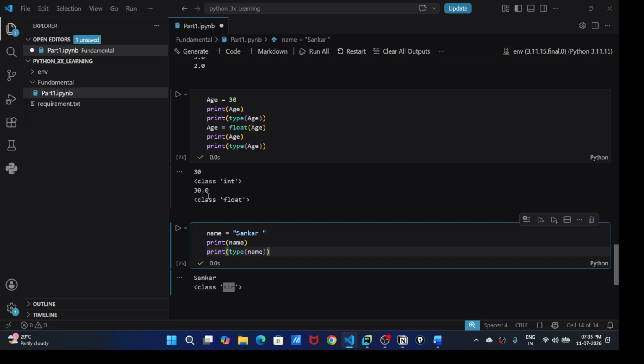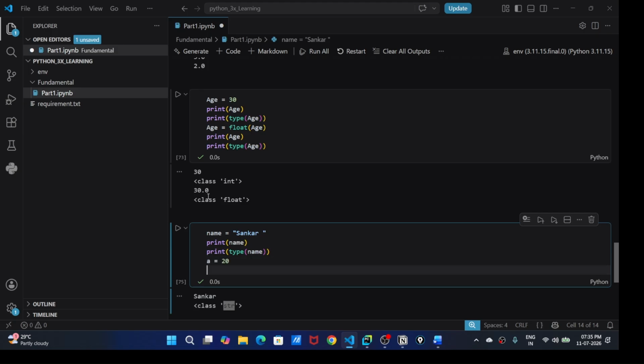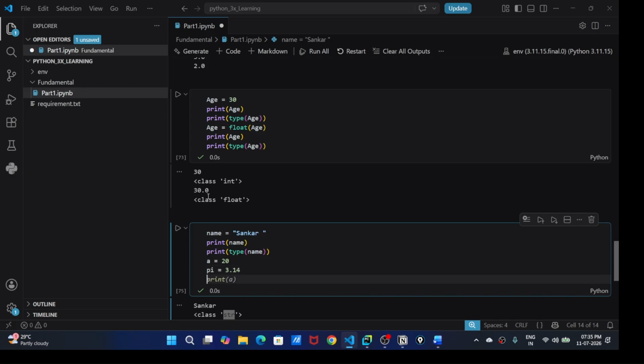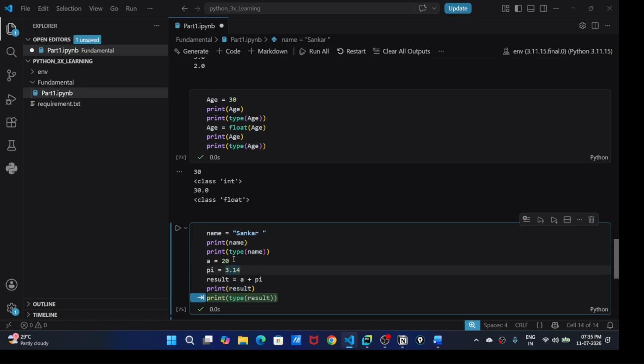What is implicit conversion? Suppose I take a variable a, and it contains 20, and pi. What is the pi value? 3.24. Now result equals a plus pi. So pi is a float and a is an integer.